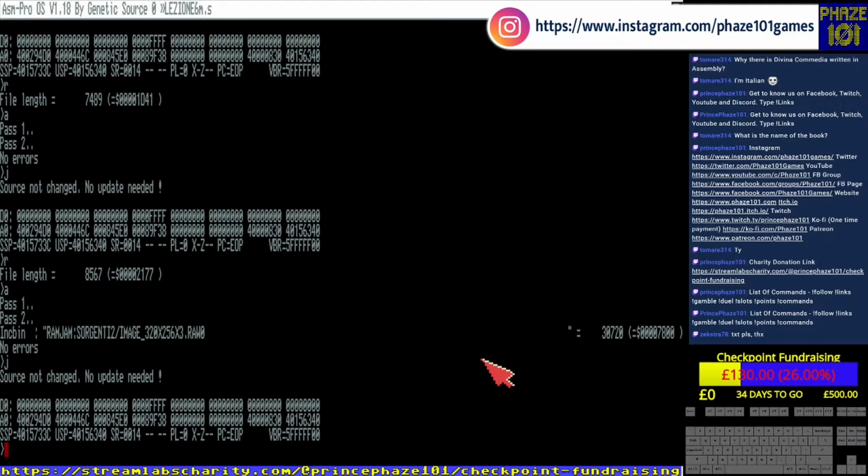Okay, let me see if I can find where he's putting it. So what is the name of the table? This is the name of the table, which he has up here. Okay, this part, and the bitplane pointers are here. This is what he's updating, and